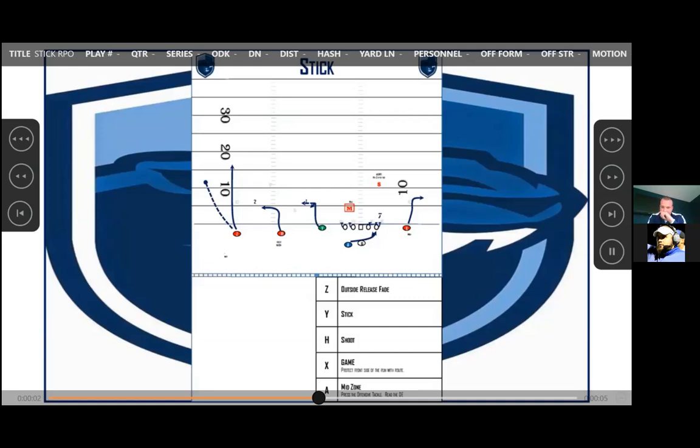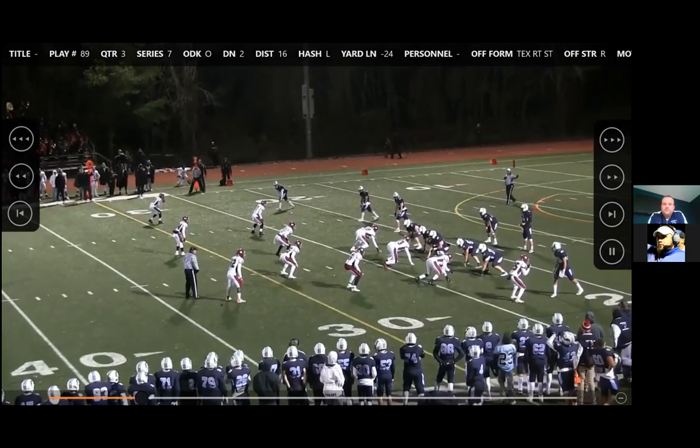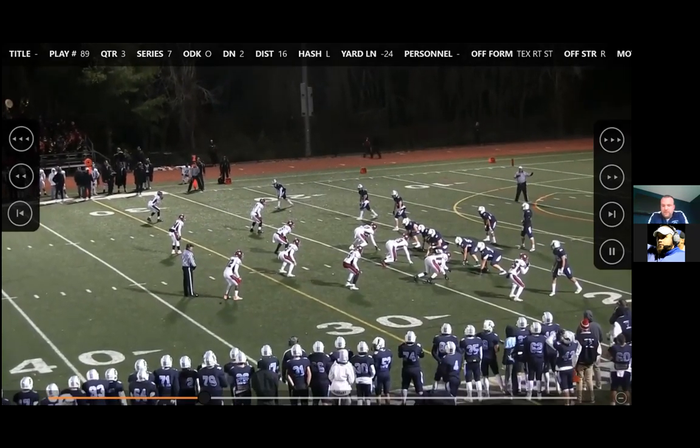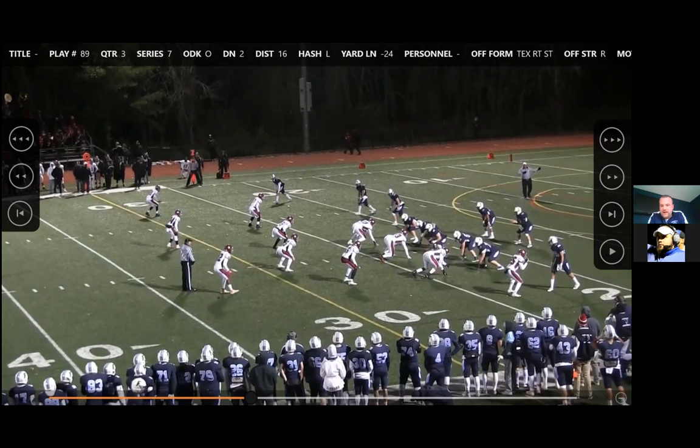That's why he's highlighted. So here's stick. And again, if you look to the bottom, we're good blocking this up. We're 5-on-5. This is a little bit funky. We would consider this a 3-3 stack, whether it's a true stack or not, I don't care. And this is our read. This is our first backside inside backer. So we're 5 for 5 here. We're good. We're going to read him right there.